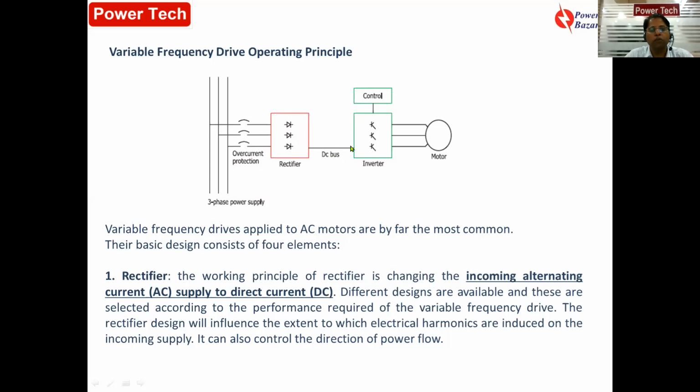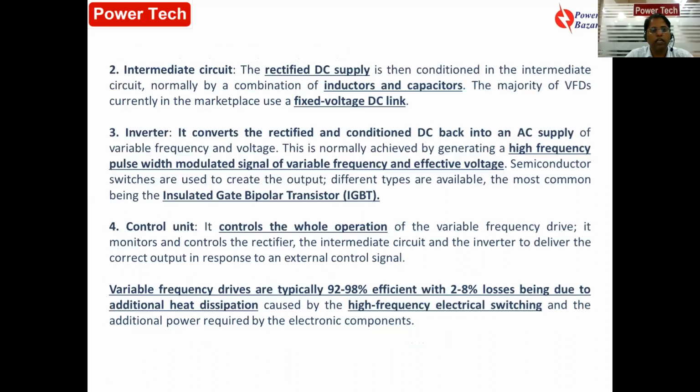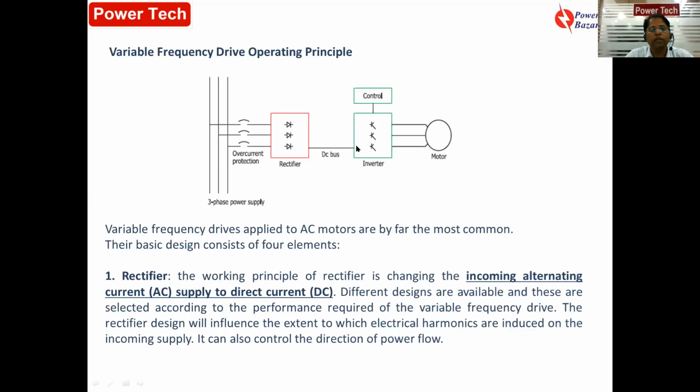So once we get a flat DC voltage, we have to invert it again. This is the converter, this is the inverter. That means with this inverter, again we get an AC supply. So this DC supply gets changed to an AC supply with the help of inverters. In the inverter we employ IGBT, insulated gate bipolar transistor. With the help of IGBT and this control circuit, I can change the firing angle. That means by opening this gate, I can transfer some amount of voltage to the other side, and if I require, I can switch off this gate.